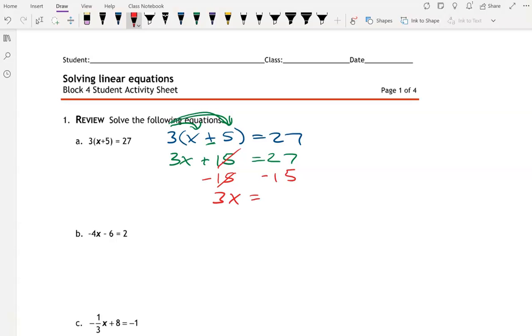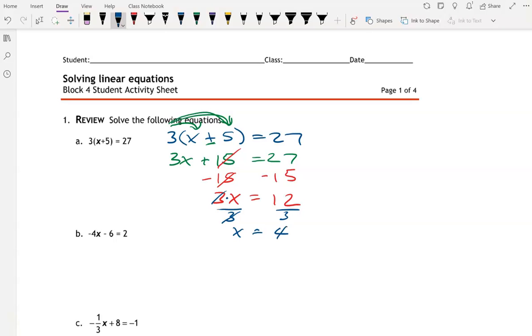And 27 minus 15 is 12. Now this is 3 times x equals 12. I want to get x all by itself, so I have to undo that multiplication by dividing by 3. That 3 and that 3 cancel each other out, leaving me with x equaling 12 divided by 3, which is